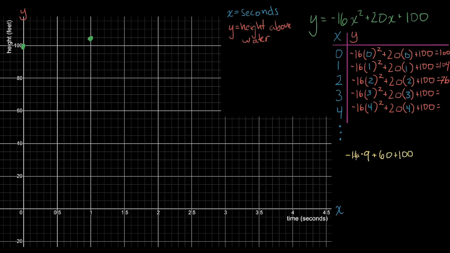So 9 times 10 is 90. 9 times 6 is 54. So that is, let's see, 90 plus 54 is 144. And then we have the negative sign here. So it's negative